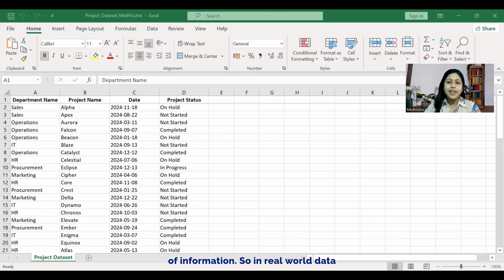So in real world data, a single column rarely defines uniqueness. It actually is a combination of many fields. Let's not delete anything at first. First, you should investigate. You should start by understanding how to highlight the duplicates based on maybe the project names or maybe the department names. So let's first understand how to highlight duplicates.